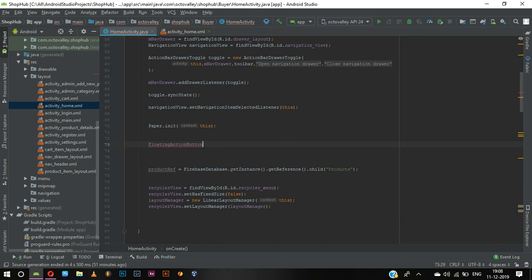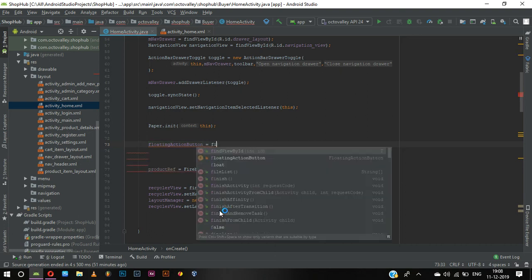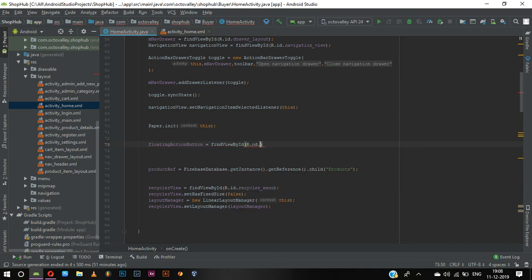Floating action button dot equal to find view by id, r dot id dot fab. I think we have done it two times, so it's giving us, yeah,